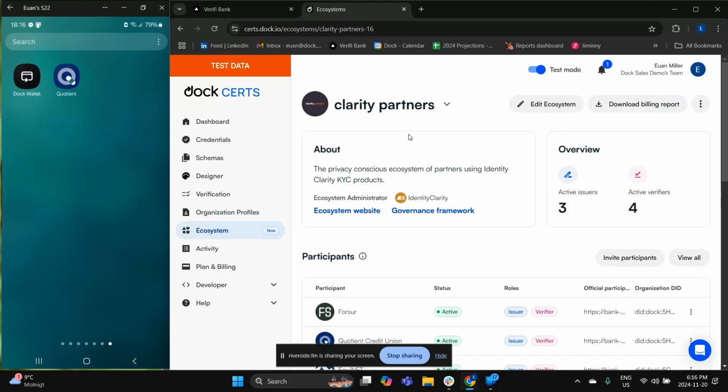This is a solution portal which you can get access to for 30 days. You can't get access to the ecosystem feature unless you come speak to us, but this is an ecosystem that we've built.